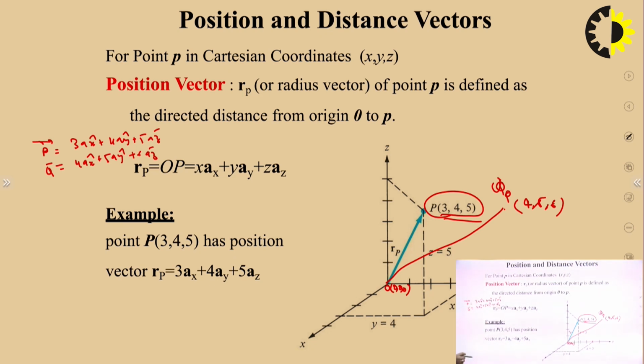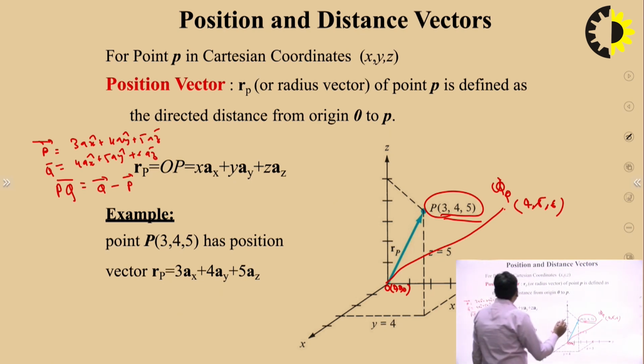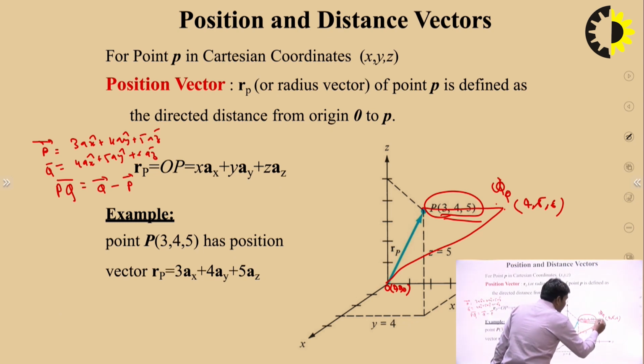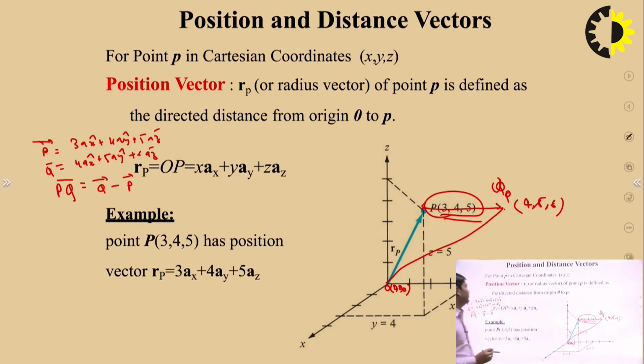So these are position vectors, because the values 3, 4, 5 are taken from the origin. But what is the meaning of distance vector? Distance vector PQ is defined as vector Q minus vector P. So the distance between two position vectors is measured in terms of the distance vector. If we want the distance between P and Q,